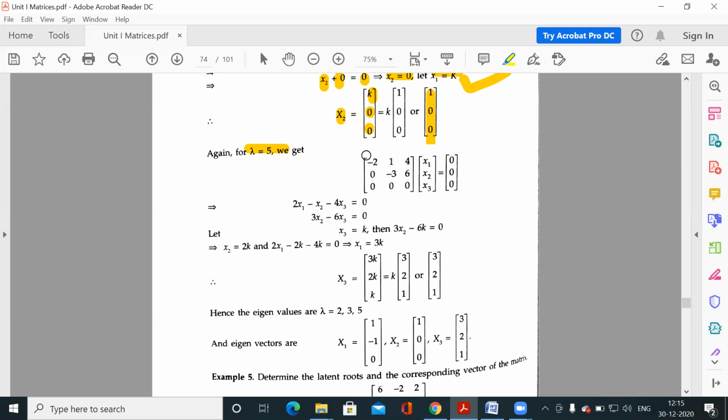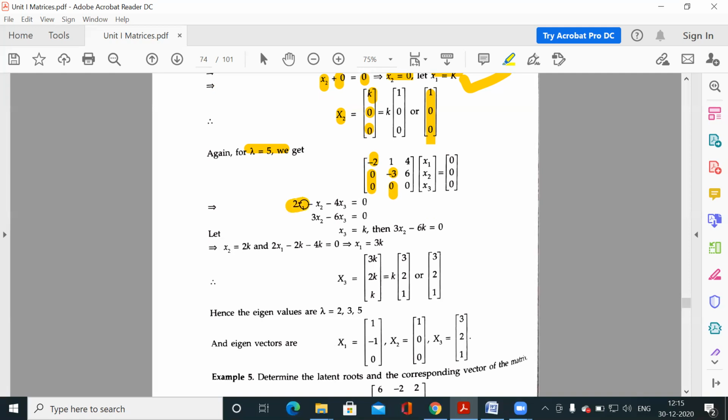So clearly it is already in echelon form, because for minus 2 these elements are 0, and next for minus 3 this element is 0. Clear? So this is already in echelon form. Directly you can solve this system. So the rank is, what is the rank of this system? Two are non-zero, so rank is 2, and how many variables are there? 3. So 3 minus 2, one variable would be independent.